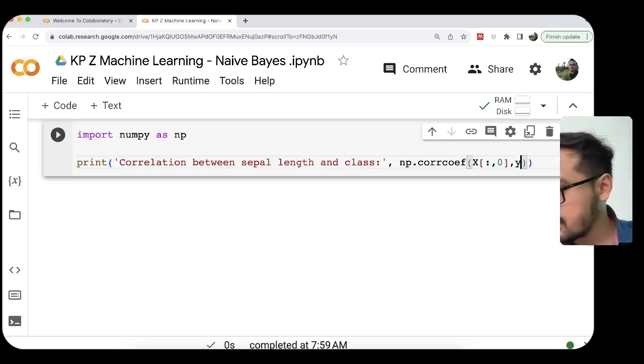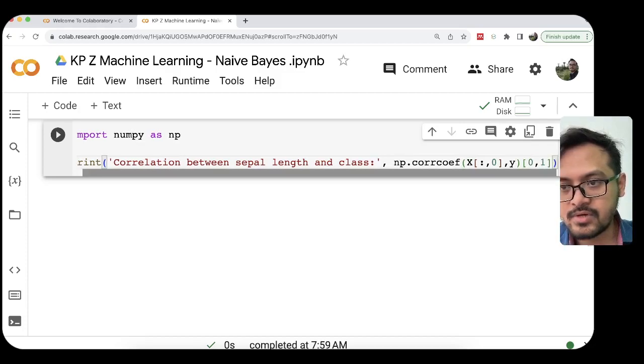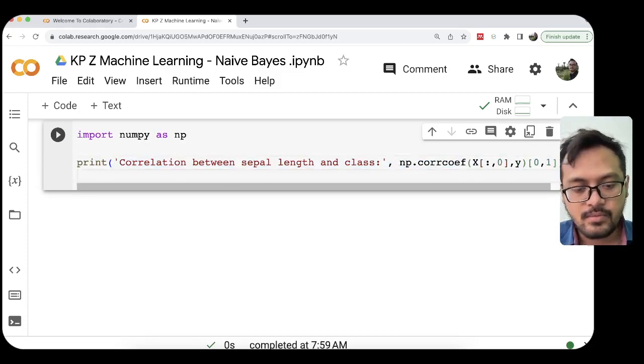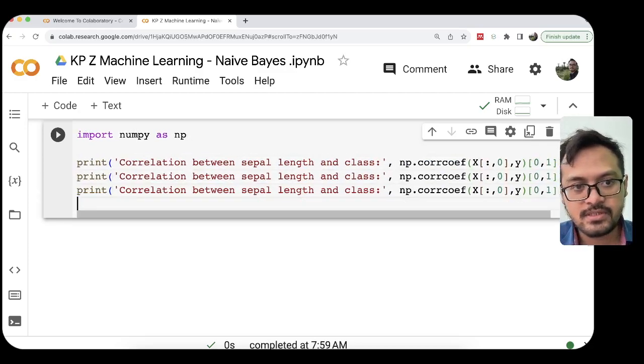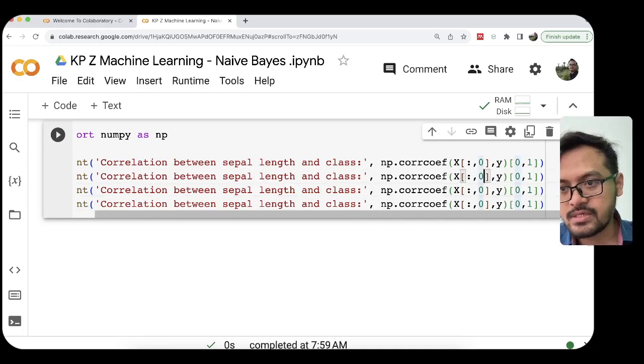I think I already explained this in our previous class when we discussed KNN. You can just paste all of this code. We can just change this one into, okay.